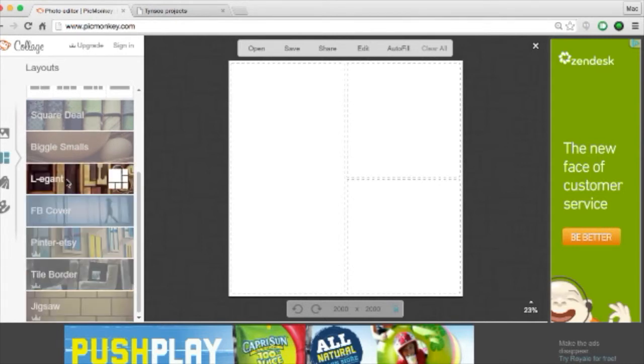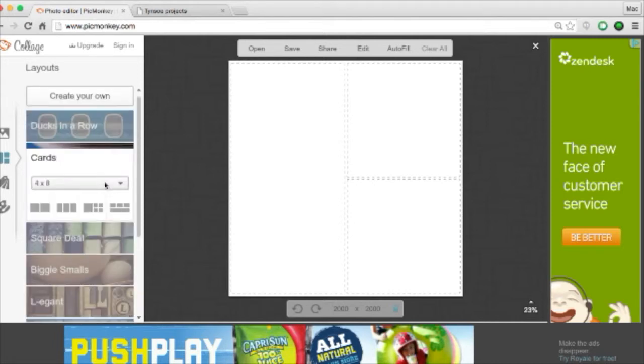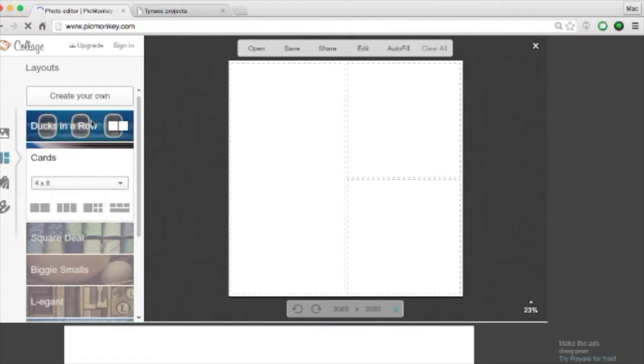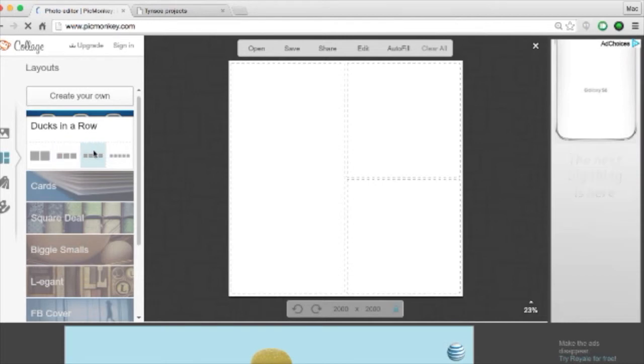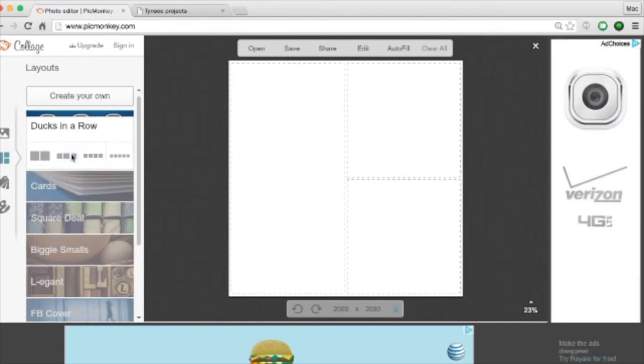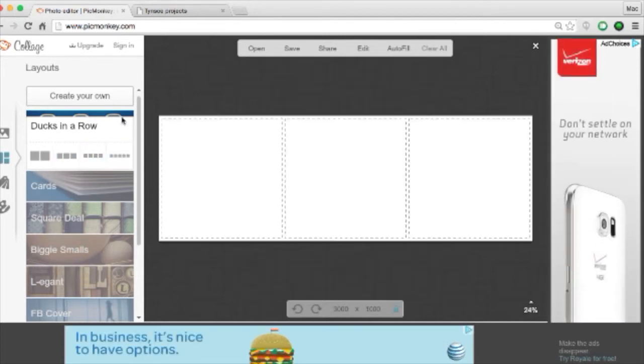This one, that's kind of an L shape. You can either create a Facebook cover, but these ones down here with the crown, you have to pay for a subscription for those. But the one that I used was Ducks in a Row, and I picked the 3 because I picked 3 pictures. And once you do that,